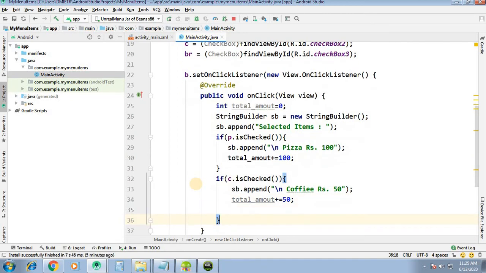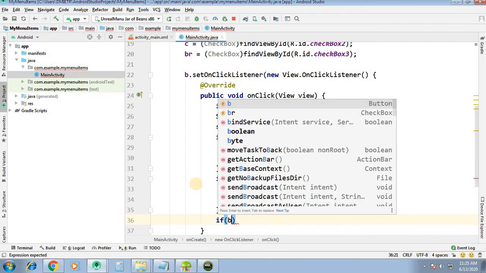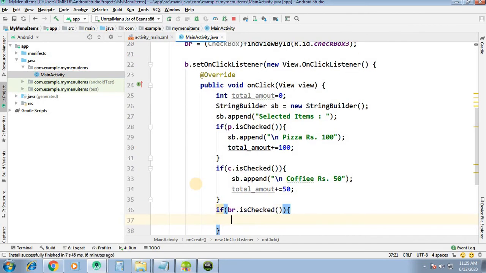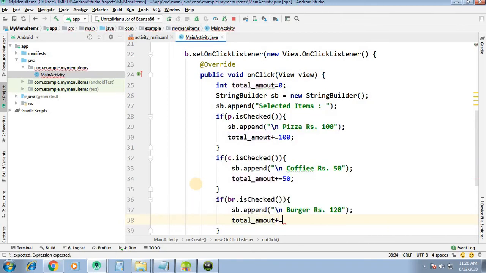Then again for burger, BR dot is checked, then SB dot append, in brackets backslash n burger rupees 120, then total amount plus equal to 120.